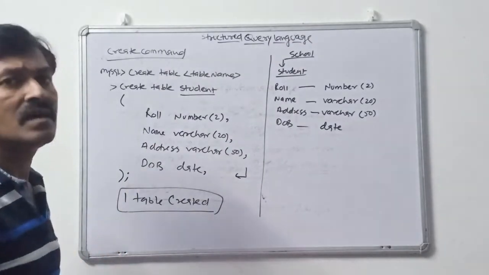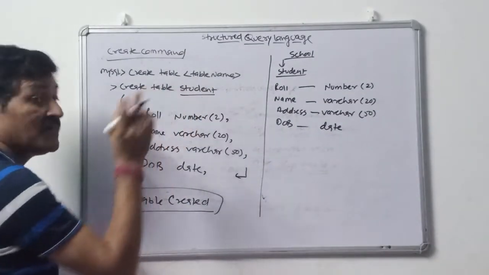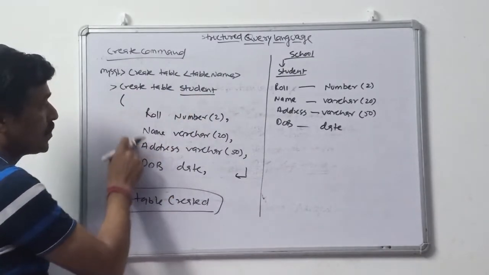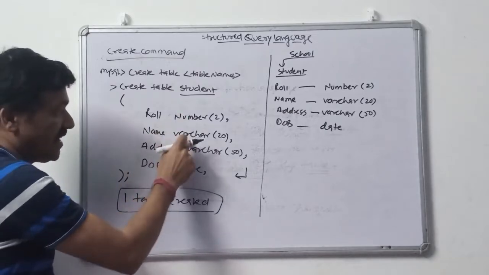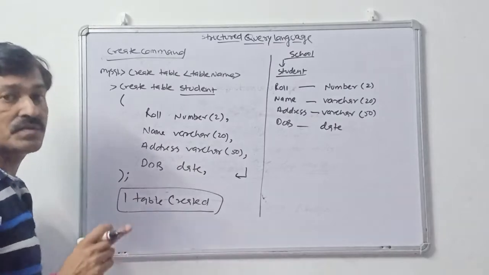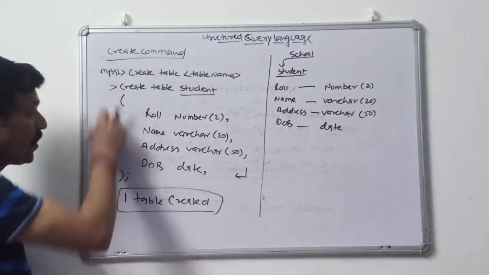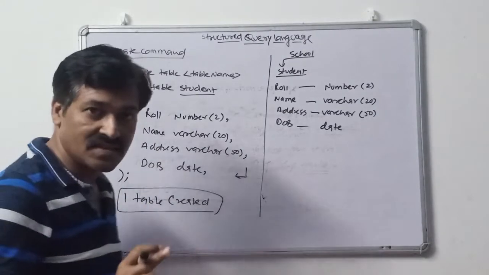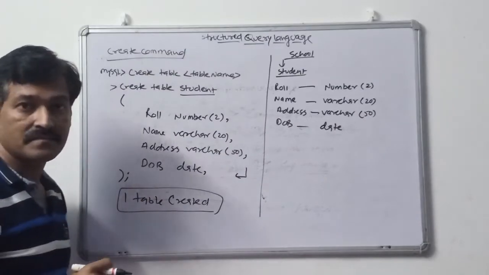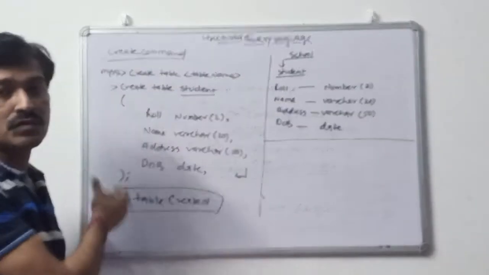First is student, another one we can create one more table, 1, 2, 3, 4 more tables, and every table will be created by the same method. Create table, table name, then column names, the data types of those column names, the size, it is important to be defined, and then it will be terminated by semicolon. So if all the syntax placed is correct, the message will be shown as table created.